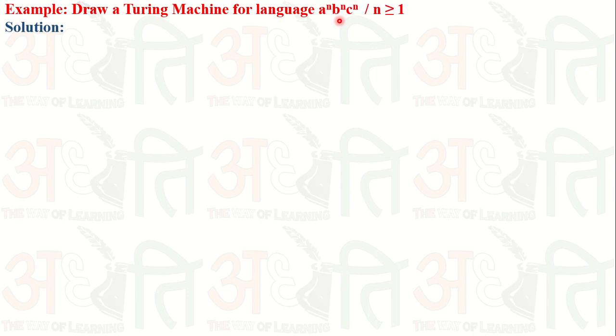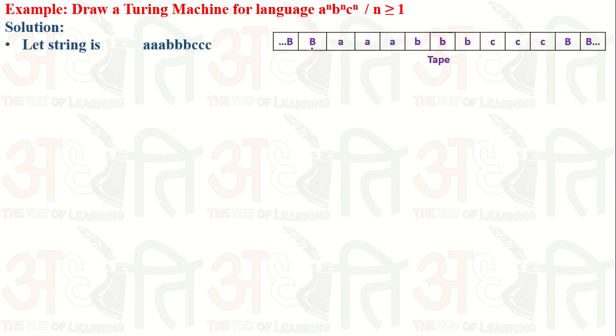Let's have an example. For doing this, again I want to briefly explain some previous concept which I told you in the previous example. So let's have a look. How can we do it? We simply have a tape like this. This is a tape. What we did over here: first of all we are at the initial point, number one, and we have to move left or right, in both directions.